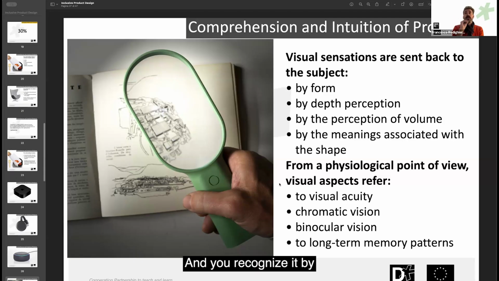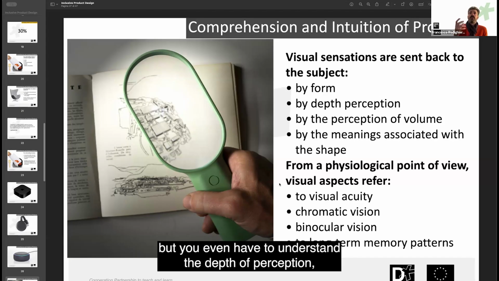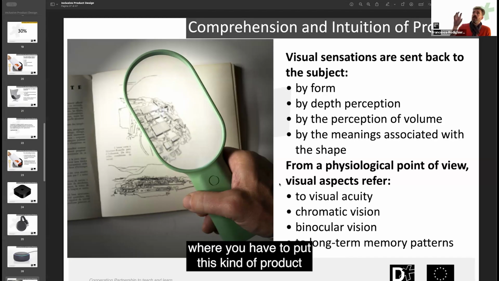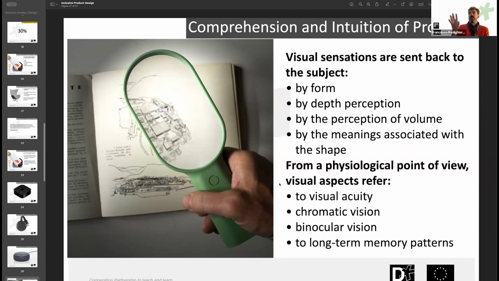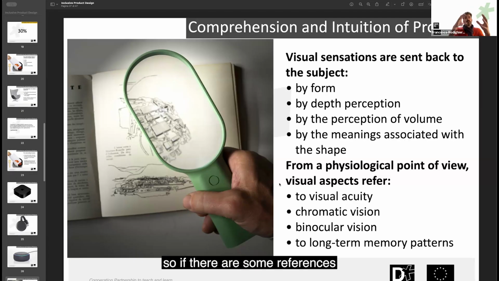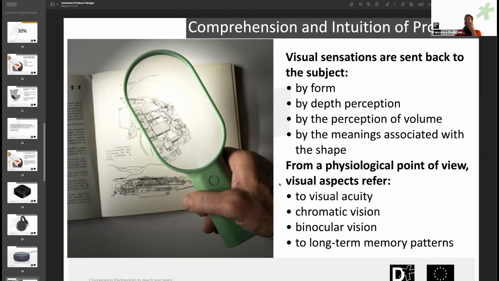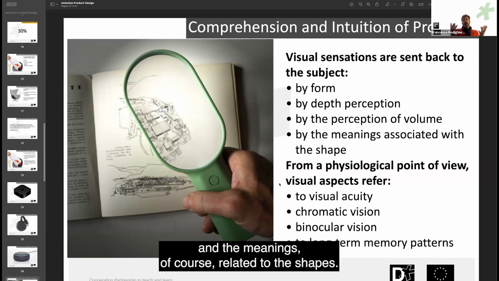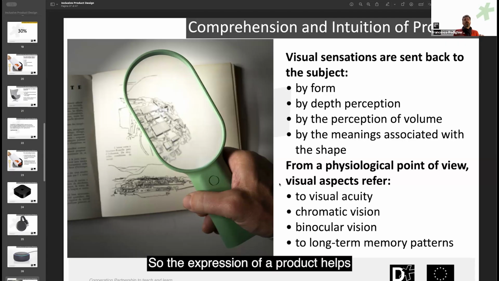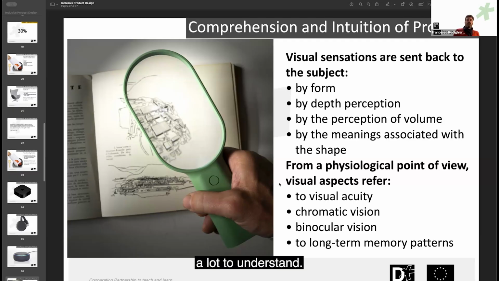And you recognize it, for example, of course, from its shapes, but you also have to understand the depth of perception. So when you have to place this kind of product, the volume, no? So if there are some references, no? And the meanings, of course, related to the shapes, no? So the expression of a product helps a lot to understand